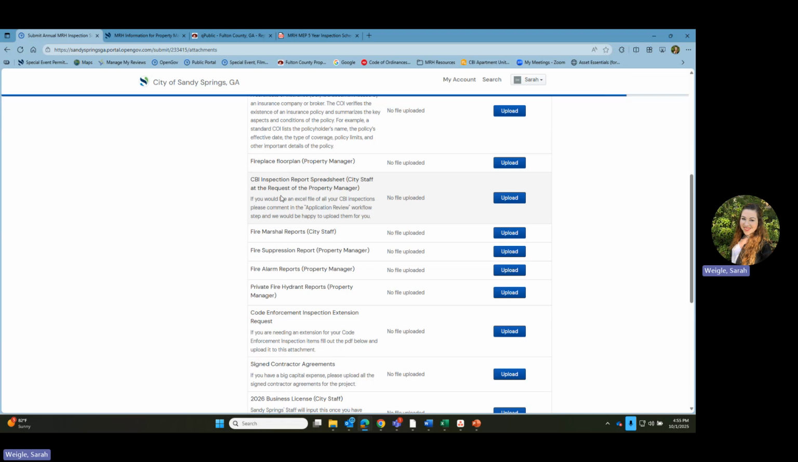a spreadsheet form instead of a document form, you are welcome to reach out to us through the application review workflow step and request it, and we are happy to upload it. It is very raw data. You will have to kind of figure out how to use the spreadsheet and customize it to yourself, but it